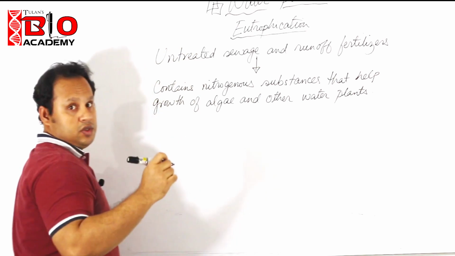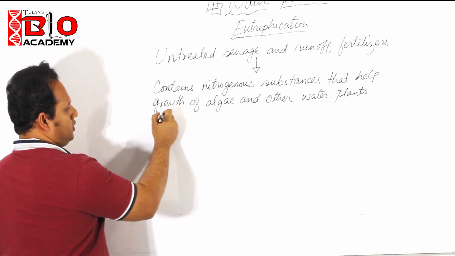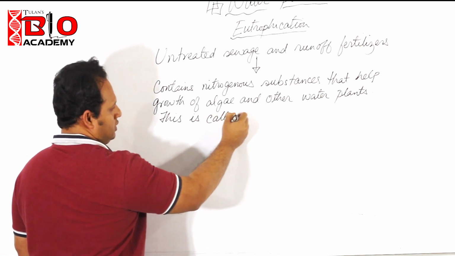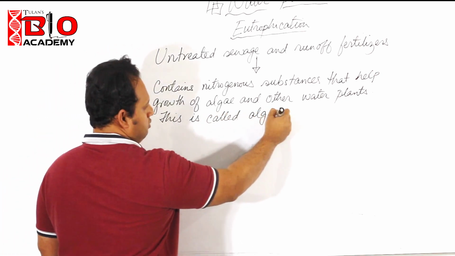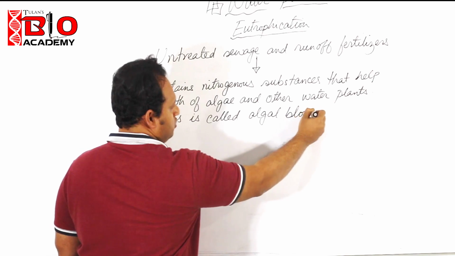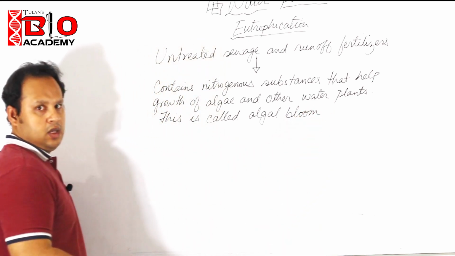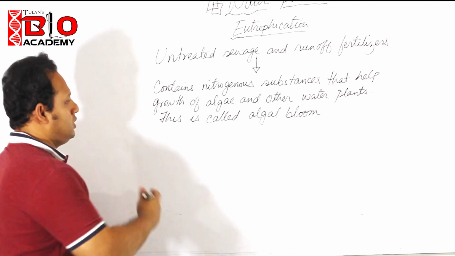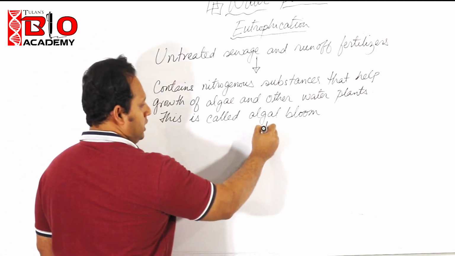There is a name to this process. Okay, so this is called algal bloom, blooming of a lot of algae. So this is called algal bloom, and